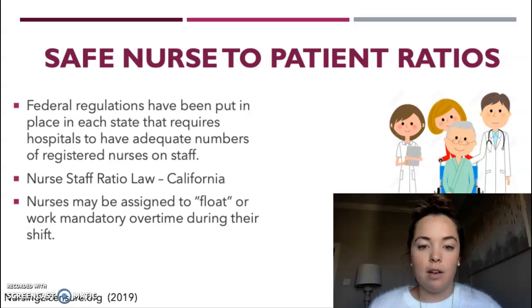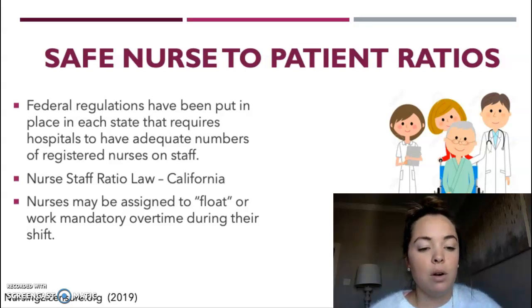Several regulations have been put in place in each state that require hospitals to have adequate numbers of registered nurses on staff. In 2004, California began implementing a law requiring all of its hospitals to limit the numbers of patients that its nurses could treat at any given time. The limit would vary depending on the hospital setting. For instance,